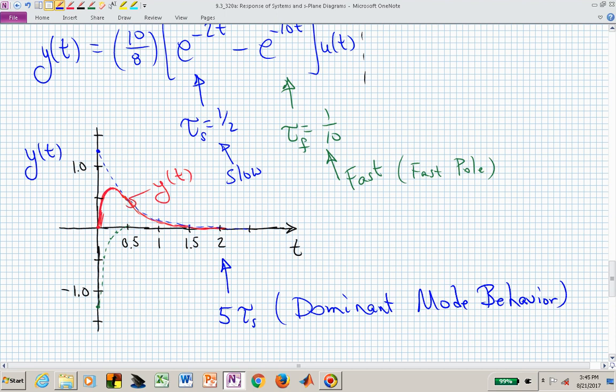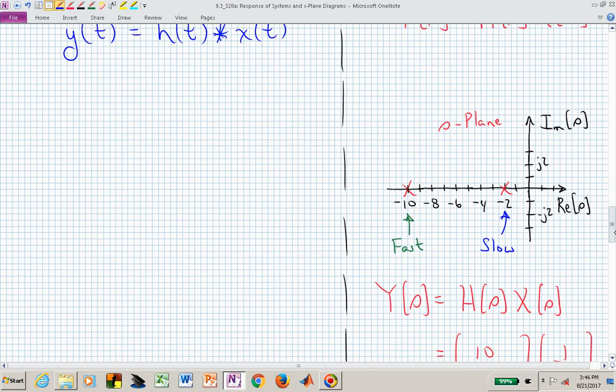So the slow pole is going to dominate the response, and that's giving rise to our dominant mode behavior. And the red now, after the fast dynamics disappear, follows the blue, and this is what would happen if we applied an exponentially